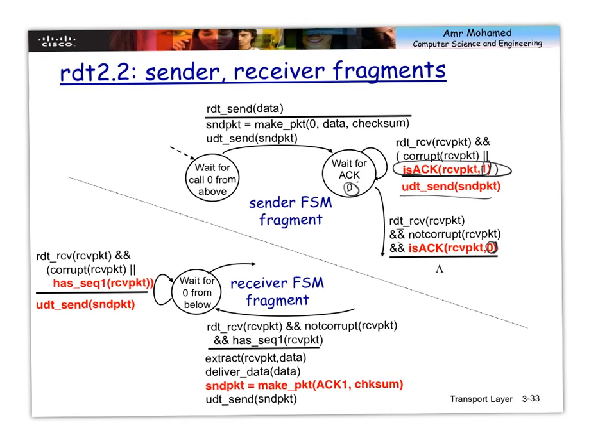When I discard this packet, I will send the same acknowledgement again. So that's what this means. Here, I did not pay attention to the fact that he split this slide into two halves. One is the sender and one is the receiver. But that doesn't mean that this is the entire sender and this is the entire receiver.